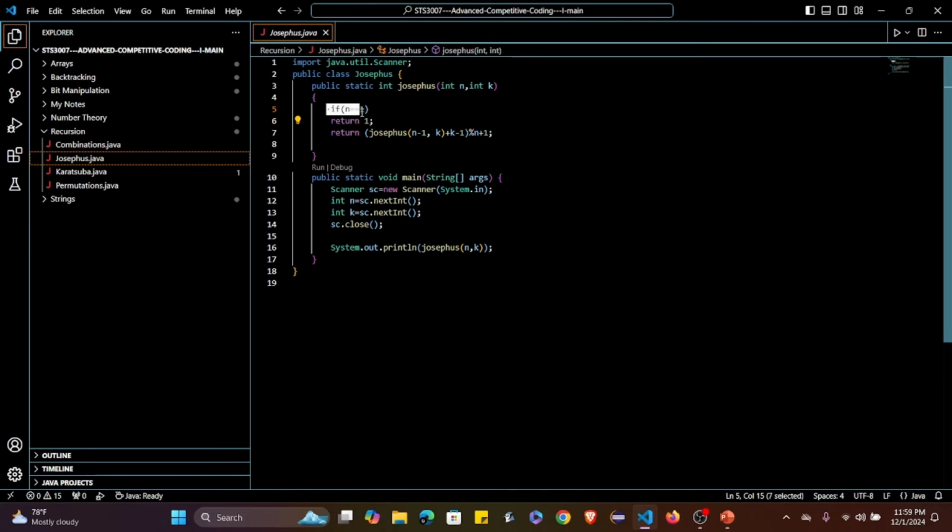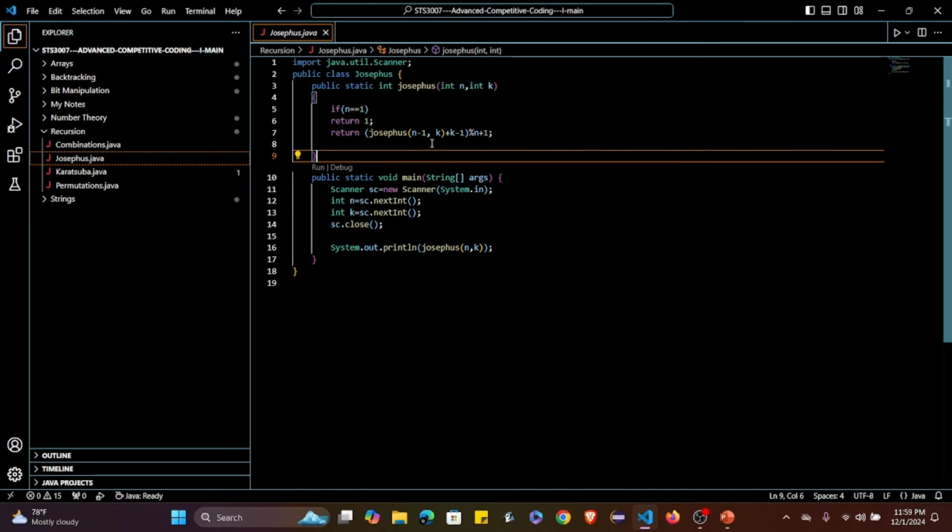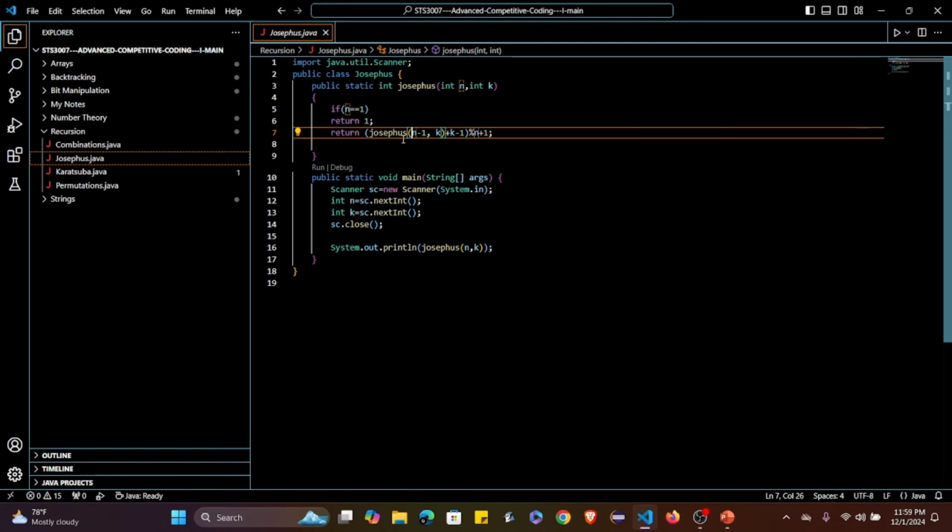So over here we'll return 1, and then we'll possibly call Josephus. So try to memorize the statement Josephus of n minus 1. Each time we'll reduce n because we have to check for remaining persons after killing the kth person. So Josephus of n minus 1 comma k, and then over here plus of k minus 1 whole bracket